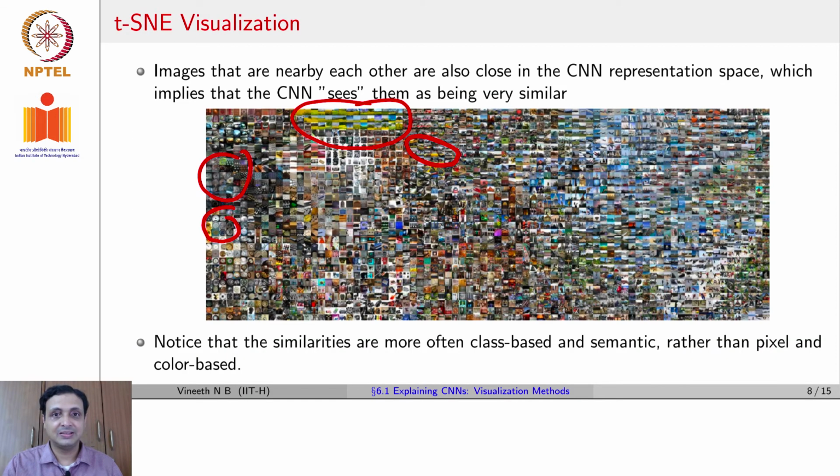This tells us that these embeddings or representations that you get out of the penultimate layer actually capture the semantic nature of these images, and objects of similar semantics are grouped together, while objects of different semantics are far apart from each other. So this gives us an understanding that the CNN's representations seem to be capturing the semantics. Keep this in mind when we talked about handcrafted features and learned representations. This is what we were talking about.